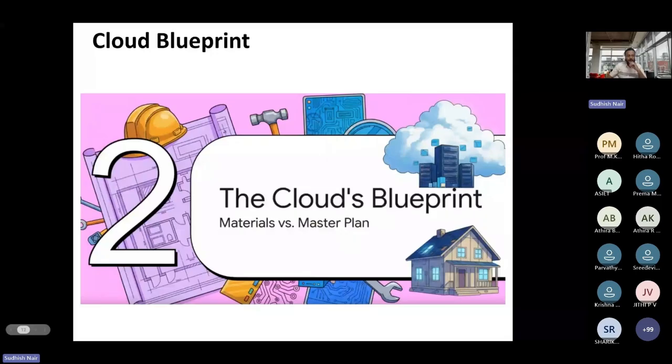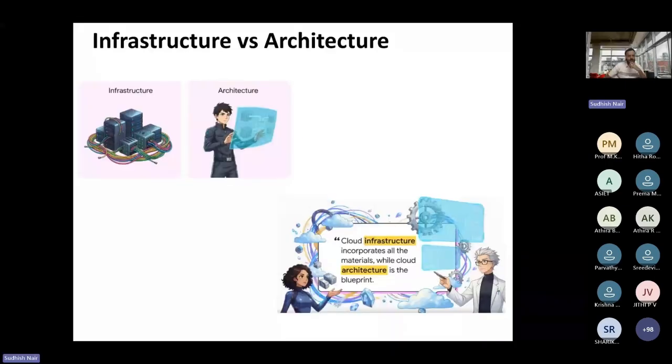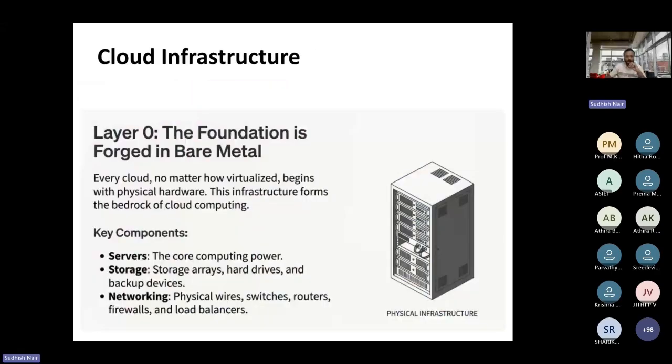So similarly, with cloud also, it's made up of two components. One is infra and the other is the architecture. Cloud infrastructure incorporates all materials, while the cloud architecture is the blueprint. So what's the infra in cloud terms? Basically, all the servers, the networking components, storage, and all the physical things that are used to build the actual server or the storage space is the infra